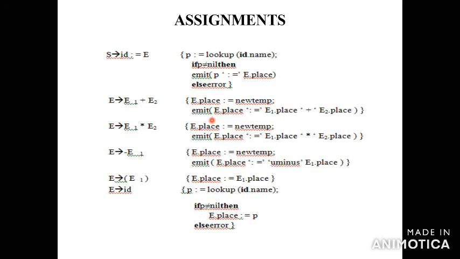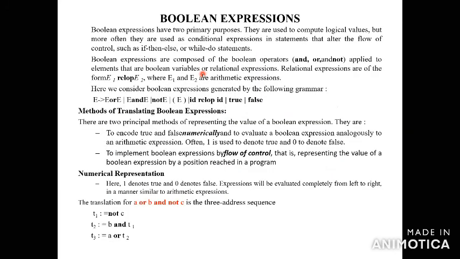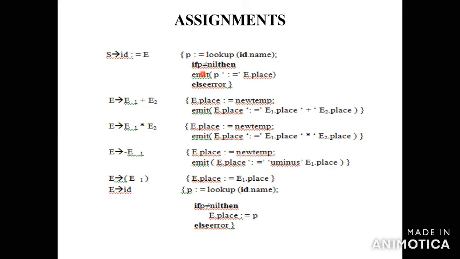Okay, so here I explain. What is the emit? Why are we using the emit operation? Emit is one type of field. Why is the field used for the assignment statement? How do we represent the assignment statement in intermediate code forms? So this is the second thing. With the help of this production rule, we will solve one example.